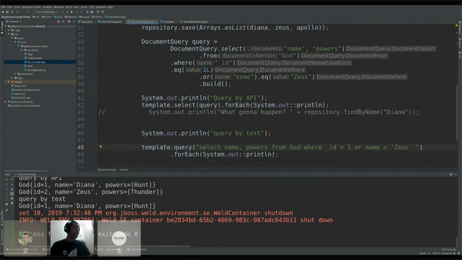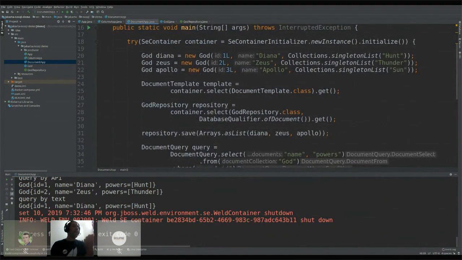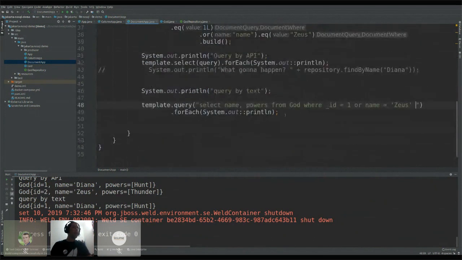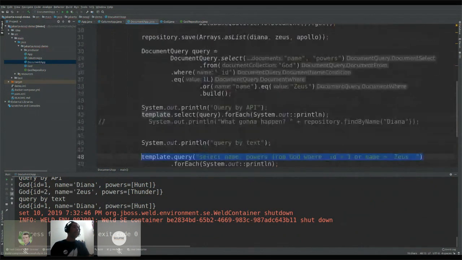So nothing new for now. Okay, I have Apollo, Zeus, and something like that. Of course, not sure right now. Okay, I can find the order. So let's find order. So let's put here where name